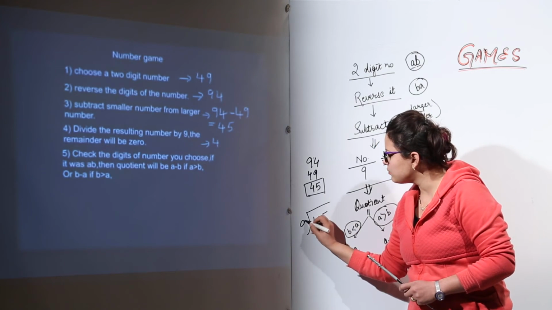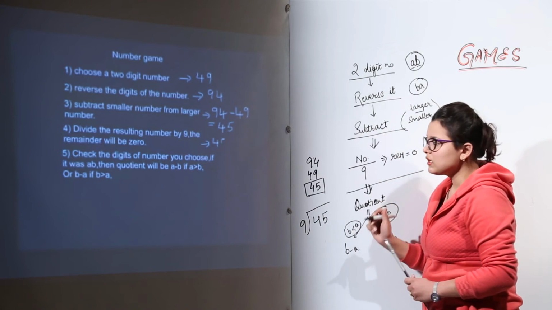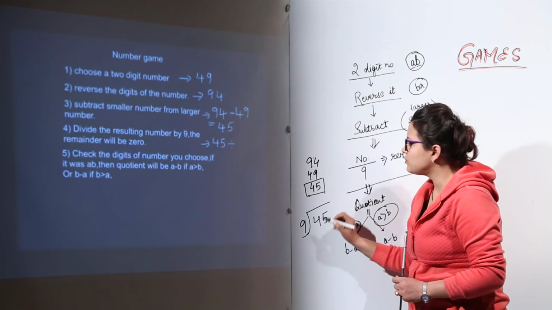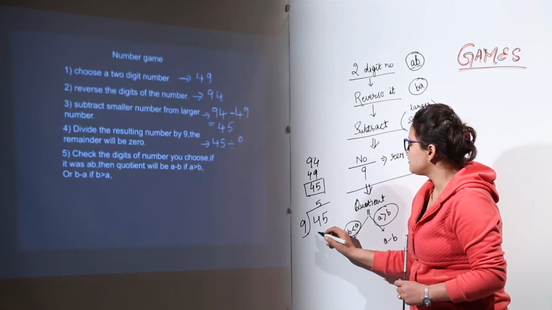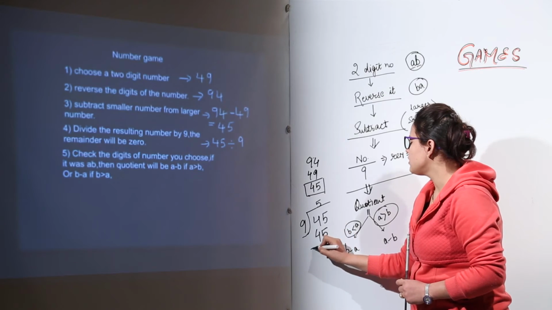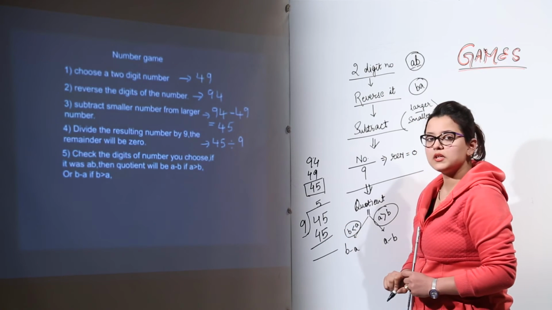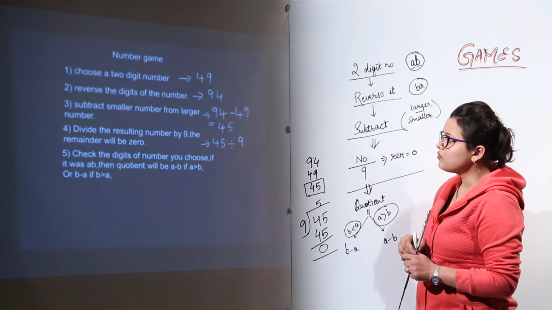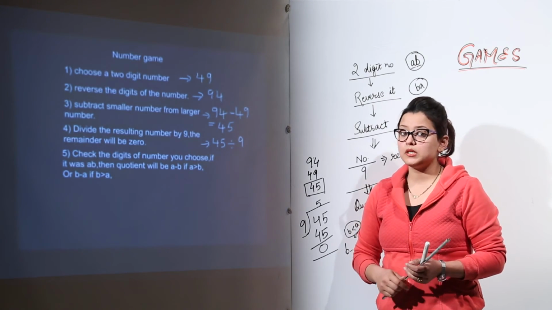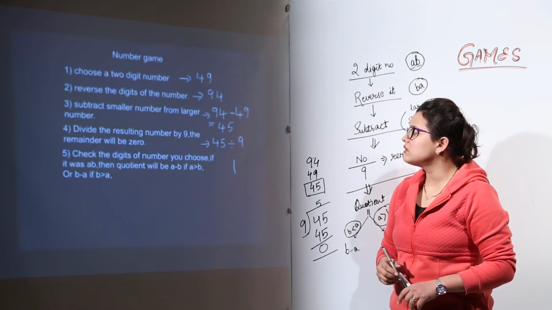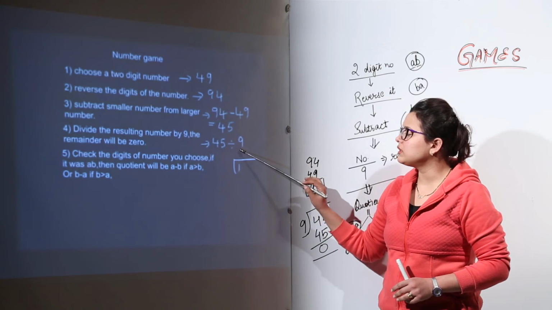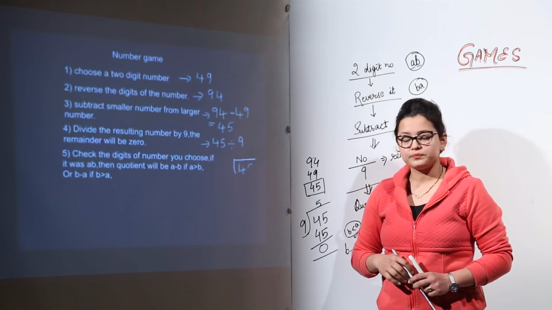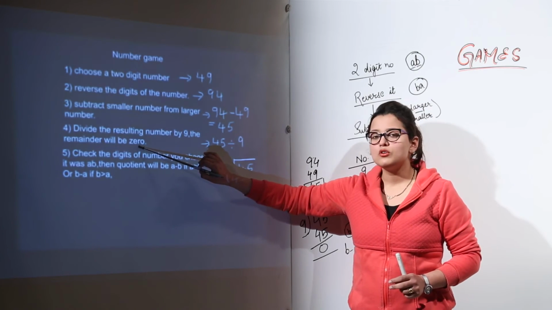45 divided by 9. Can you tell me how much would it go with? Yes, it goes in the 9's table. Yes, it would go with 5. That comes out to be 45. And what is the remainder left with us? It is 0. That means our fourth step instruction is very correct, because on dividing the resultant number with 9, we have got the remainder as 0. That has completed our fourth step.